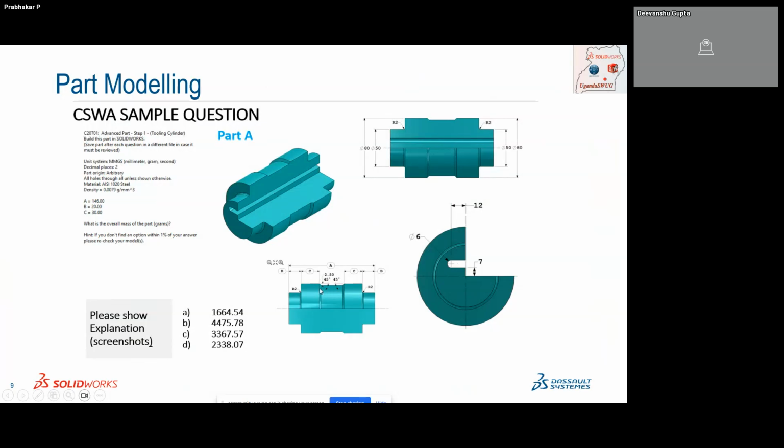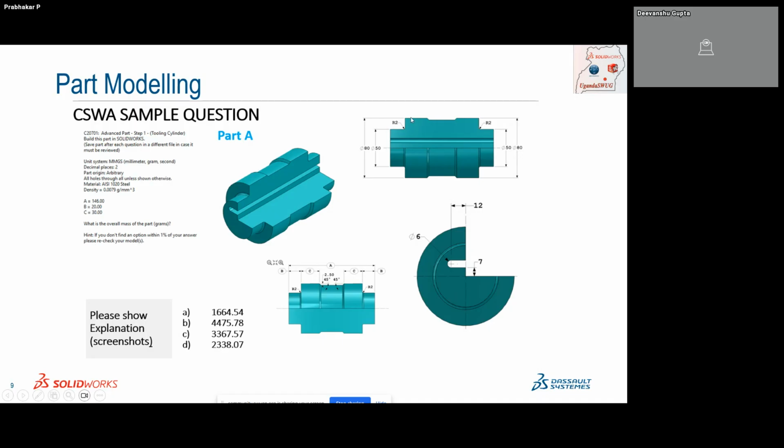The A, B, C values, the angle, everything is given. You have to build this model, apply the material as AISI 1020, then find the weight of the overall mass. Seeing this model, you can quickly say it can be done with a revolve feature. For the revolve, you have to create a closed loop: a horizontal straight line, radius, straight line, then an angle.